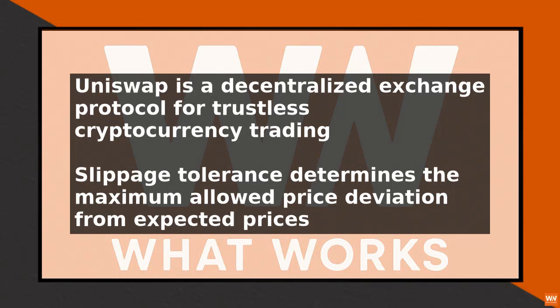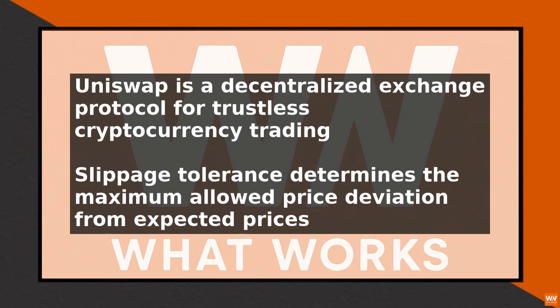Introduction to Uniswap Slippage Tolerance. Uniswap is a popular decentralized exchange protocol that enables users to trade cryptocurrencies in a trustless manner. Slippage tolerance is a critical parameter in Uniswap that determines the maximum allowed price deviation from the expected price when executing a trade. Querying Uniswap slippage tolerance via API is essential for developers and traders to optimize their trading strategies